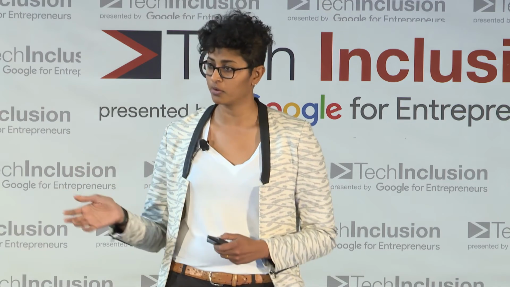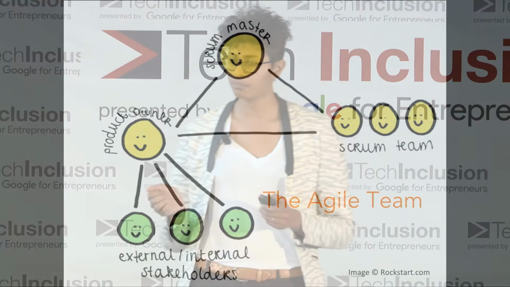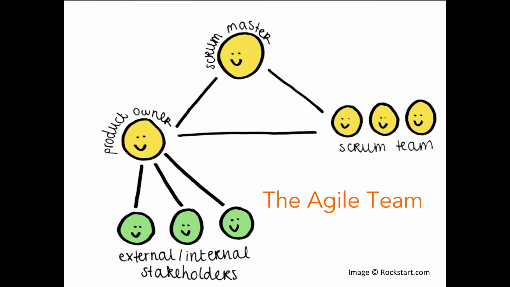And then Agile teams work really quickly. They work in often 2-week sprints on one project, and then that's done, and then they move on to the next project. So Agile teams are made up of different roles. You've got a product owner, who's the person who interacts with external and internal stakeholders like marketing and the customer and the architect. You've got a scrum master whose job it is